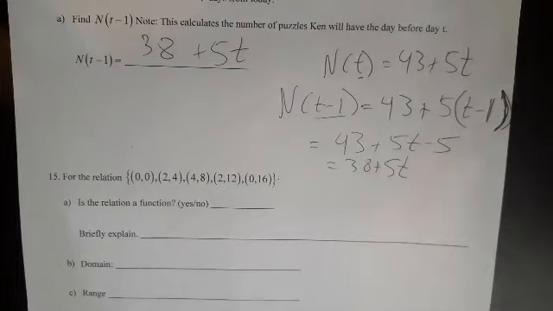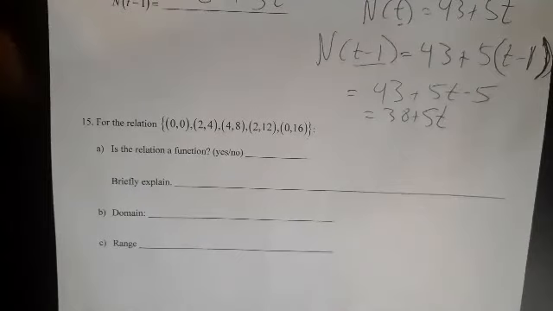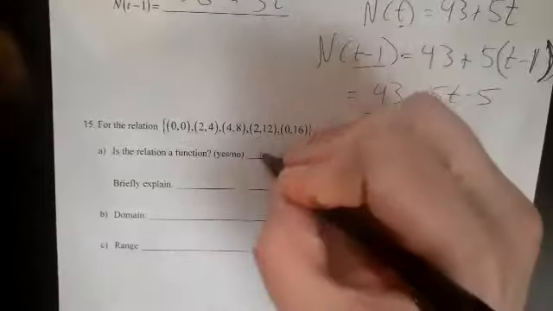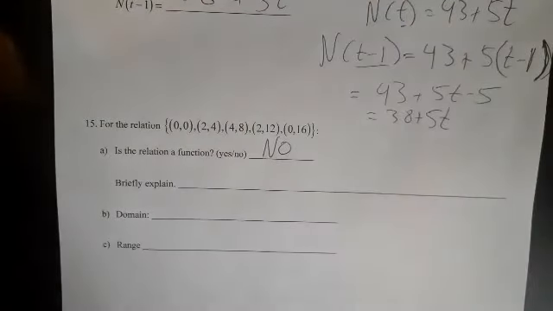Now they're giving us a relation, and they want to know, is that relation a function? If it's a function, go ahead and write yes. If it's not a function, I want you to circle the first thing that shows you it's not a function. I'm probably giving you too many hints, but I would say no. And the first thing I would circle